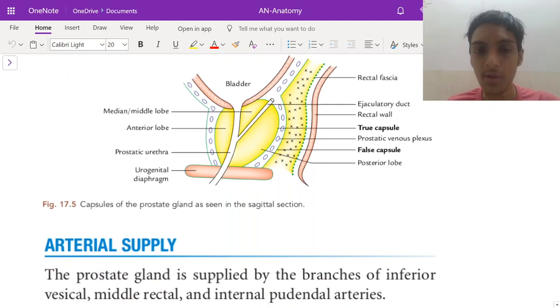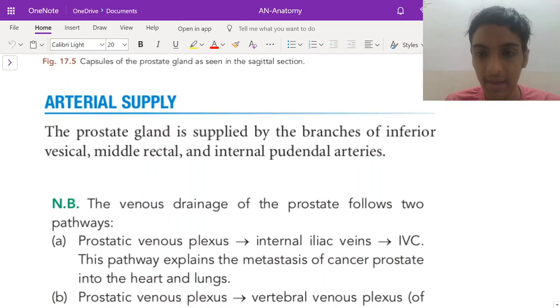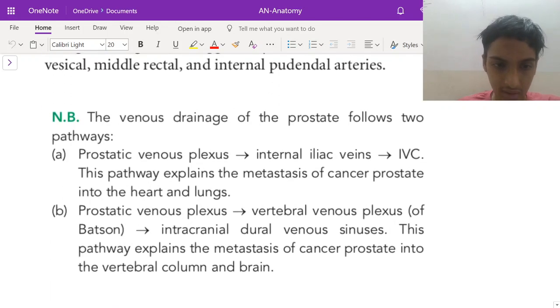Coming to the capsules of the prostate gland, as usual we have the outer false and the inner true capsule with the prostatic venous plexus. We have the rectal wall with the fascia. Coming to the blood supply of the prostate gland, arterial supply, we have the inferior vesical, middle rectal and internal pudendal arteries. Now the venous drainage, we have 2 pathways for venous drainage: